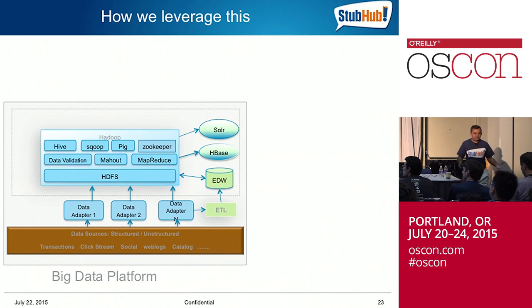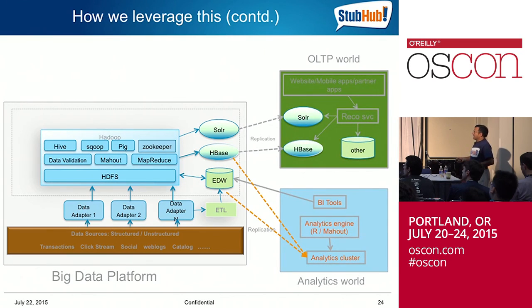Now what? Okay, you analyzed it, you ingested it, people have written solutions. Now what happens? So that same information now goes to what I'm calling the OLTP world, this is our website or online marketplace, through native apps and through the website and whatnot. The results can be replicated back into Solr here. We have HBase here. These results are replicated here. Now here is where we have lots of services, microservices, all the business logic services and whatnot. As an example, in this case, recommendation.